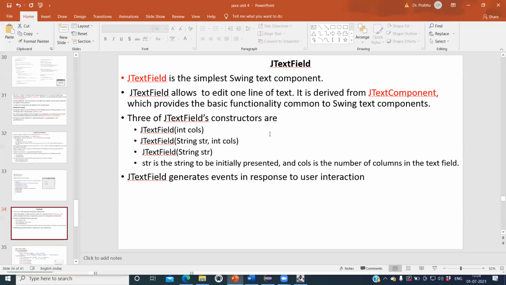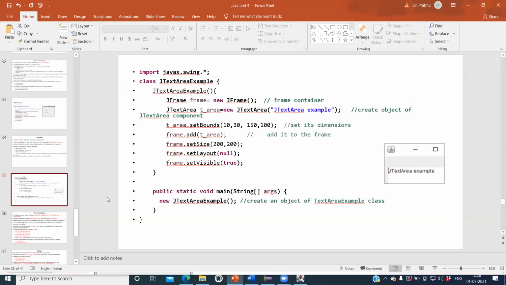This is another type of component, created using the JTextField class, which is derived from JTextComponent. Another thing I told you is that for whatever component you are using, you can assign all the properties, either by using a constructor or by set and get methods.